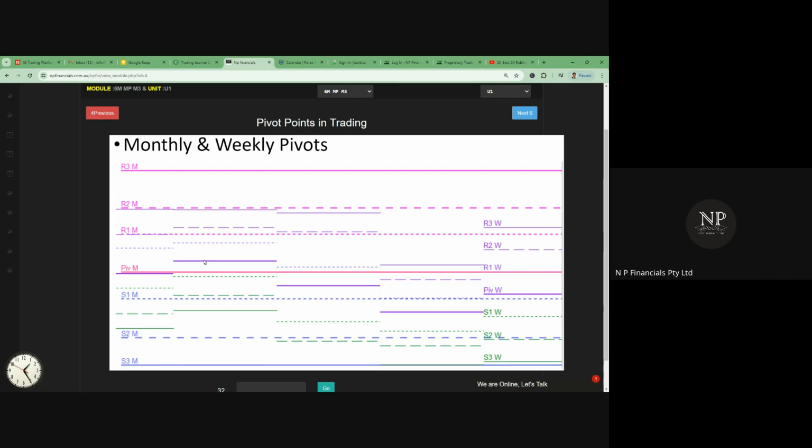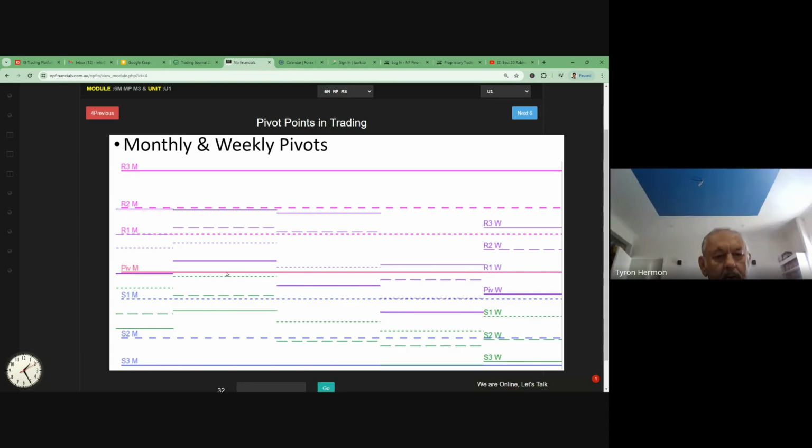Generally speaking, you need to do this exercise and tell me the number. It is that if the weekly pivot is staying below the monthly pivot, like this one, weekly pivot is below the monthly pivot, then for the entire week, Monday to Friday, there is a possibility that price will go down. Similarly, if the weekly pivot is above the monthly pivot,